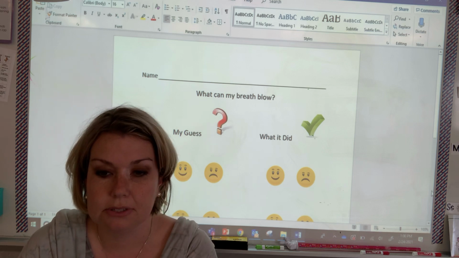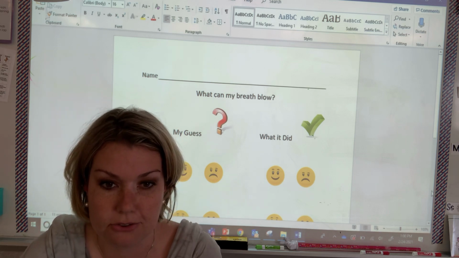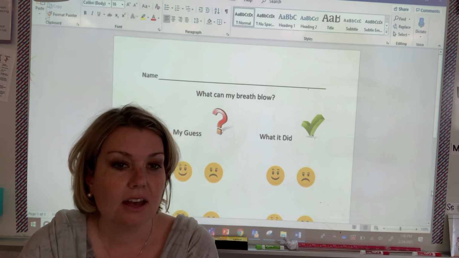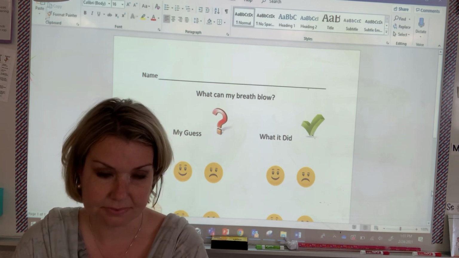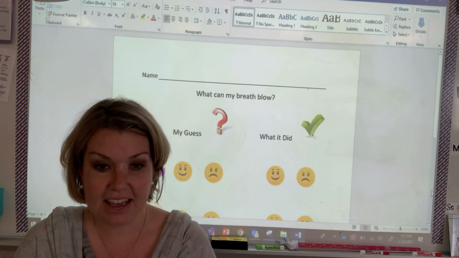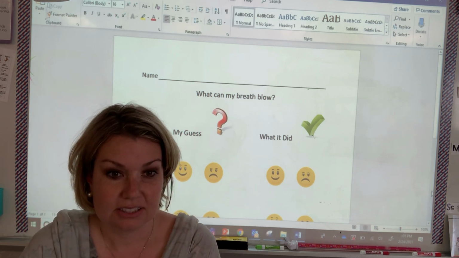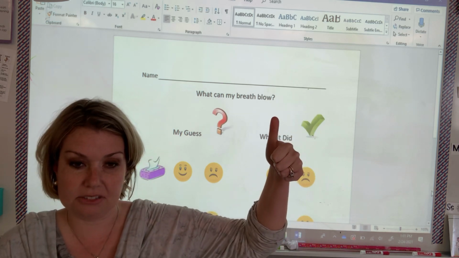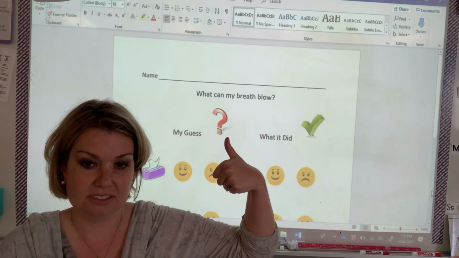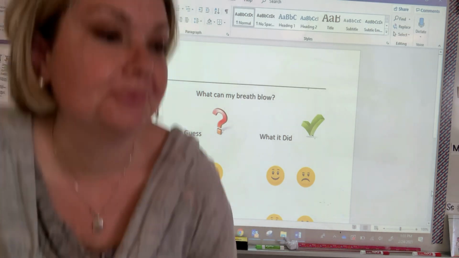Were you able to make the object move? Estelle. Yes. Did everyone else? All the way to my iPad. Okay. Thumbs up if everyone else got their tissue to move. Okay. So,